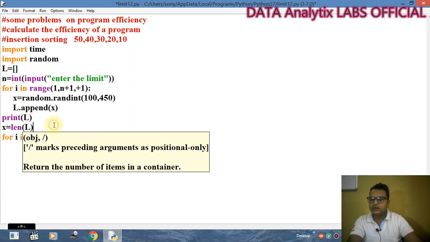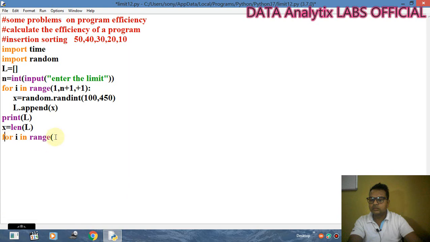Okay. Now it will start from 0. Not 0 but 1, 2, 3, 4. We have to check 4 comparisons. So I'm starting from 0, and then that will work up to n minus 1, and then plus 1 will be the increment order.